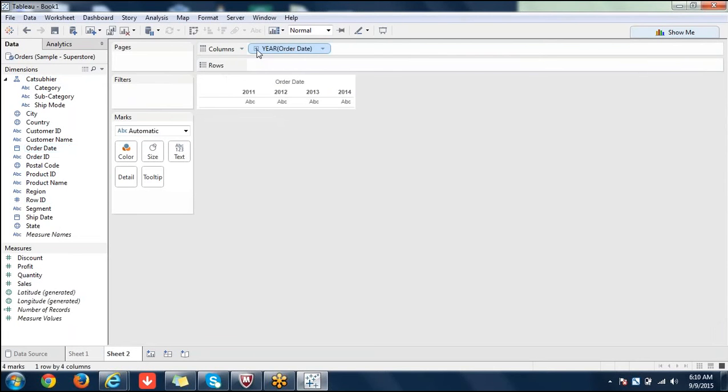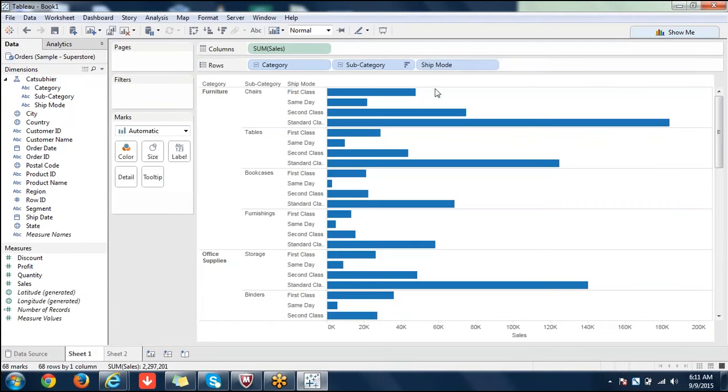That means if a hierarchy is already available in your database or already decided by Tableau, you can use that hierarchy by default. Whenever a hierarchy is created, you'll see an icon like this. Here we don't have such a hierarchy, and I am removing ship mode from that.